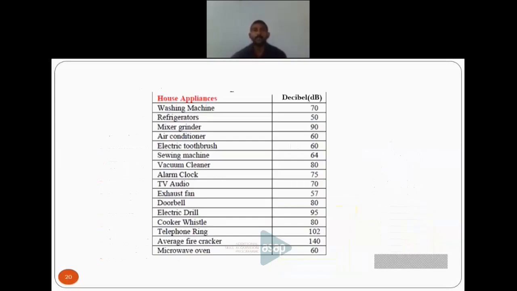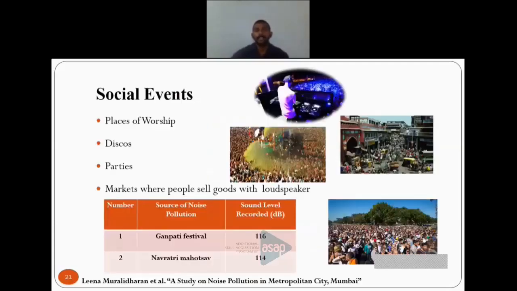And these are the values, in decibels, of the sound produced by different home appliances. The washing machine produces 70 decibels, the mixer grinder 90, and it shows the values for different home appliances producing sounds. And next is social events. Social events means